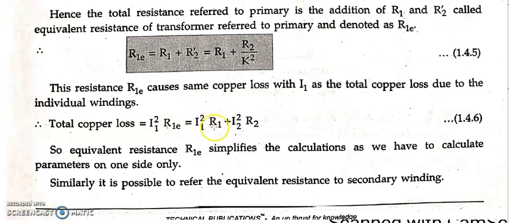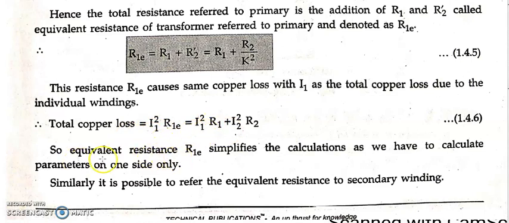You can write in this fashion as well: I1 square R1 plus I2 square R2, which you know. If you add these two, then you get the total copper loss. If I know directly the equivalent resistance referred to primary, I can just use this. If you know R1, R2, I1, I2, then use this formula. If you know just the primary current and the equivalent resistance referred to the primary, you can use this formula. Depending upon the values you have in the problem, you can go through that. But both formulas you should remember.